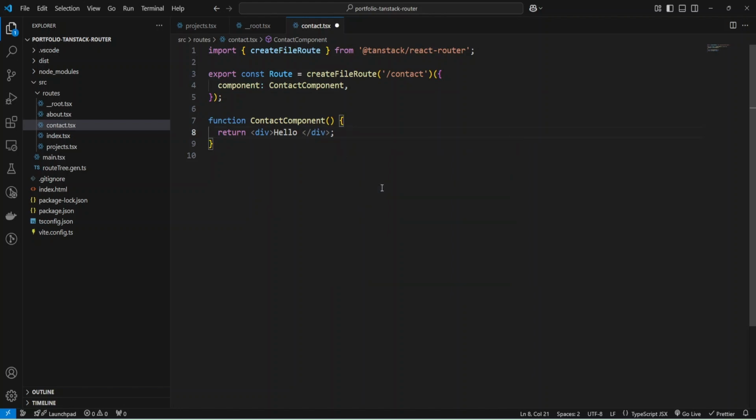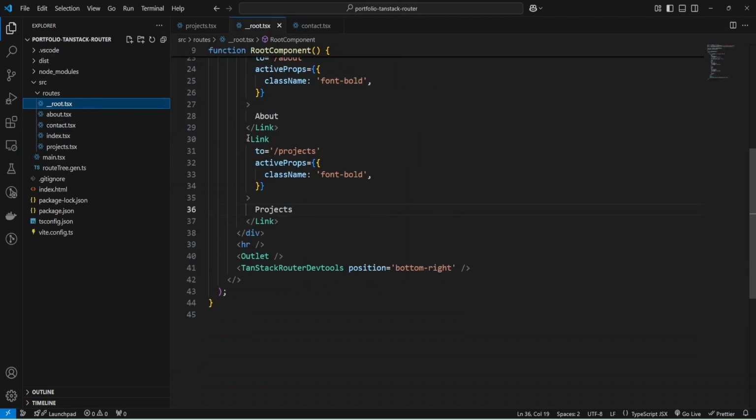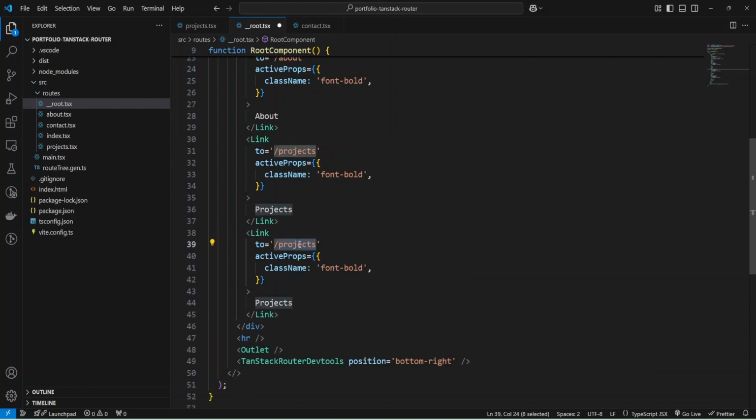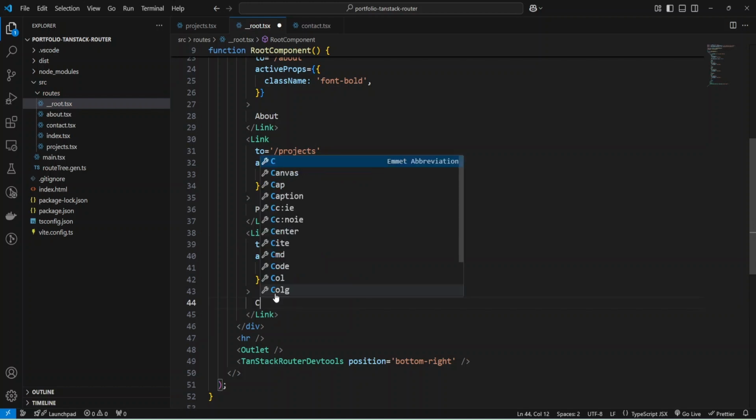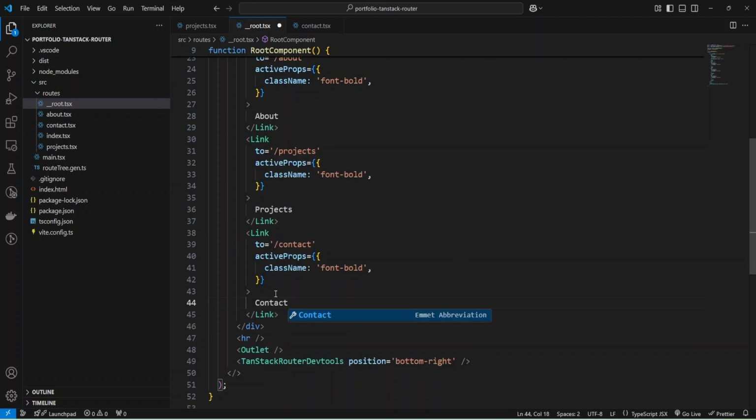Hello, contact form will be here. Okay, and inside my route, I can add a link to contact and provide to contact, and also here contact.